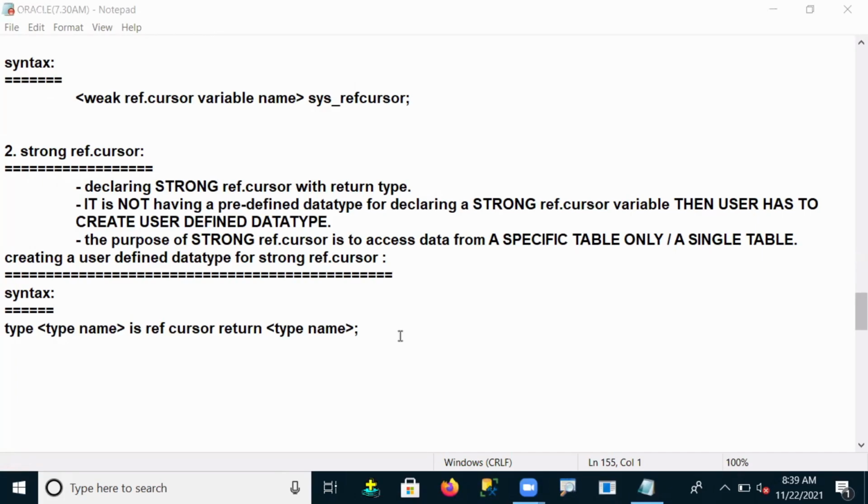So how to implement the exception block in my programs, we will see in the coming examples. Declaration, execution, exception: the three blocks in our PL/SQL block structure, and how we write them in programs we will see in tomorrow's session, guys. So tomorrow we will be working on exception blocks. Right, guys. So thank you so much.